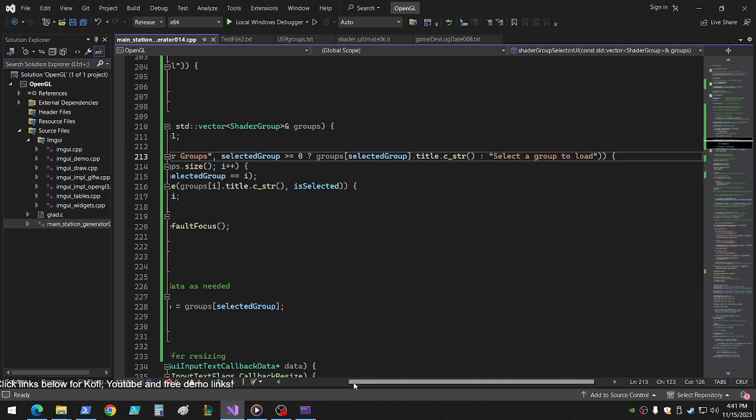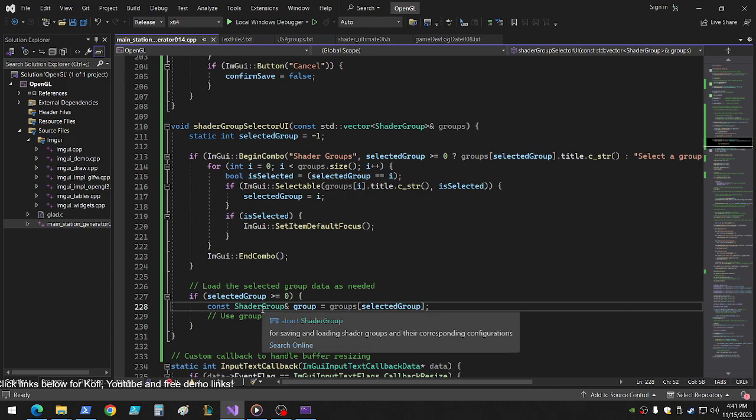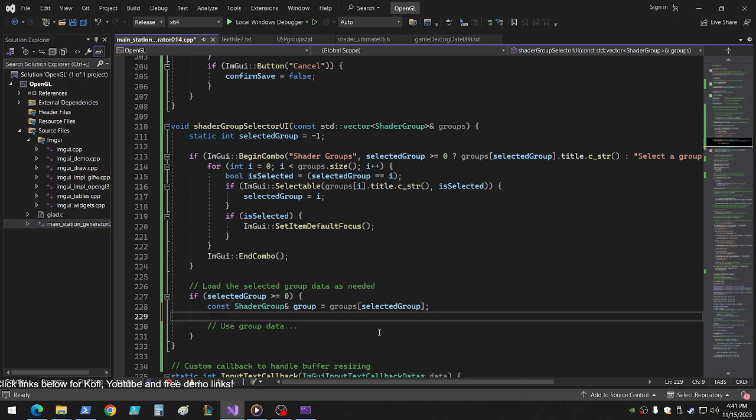Which is okay, hold on just a second. That means when we do this right here, when we load the data, use group data, we need to update everything in the, so what we need to do is,